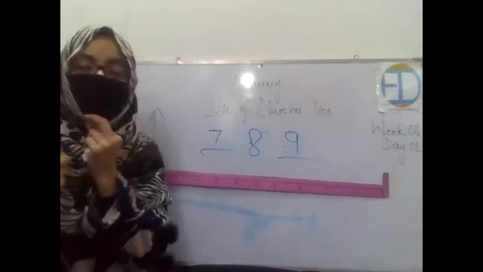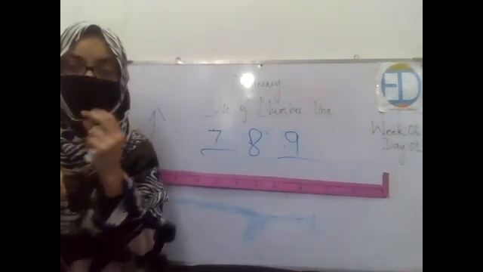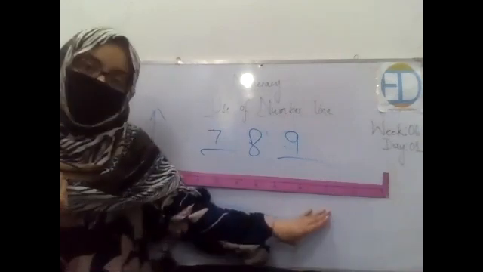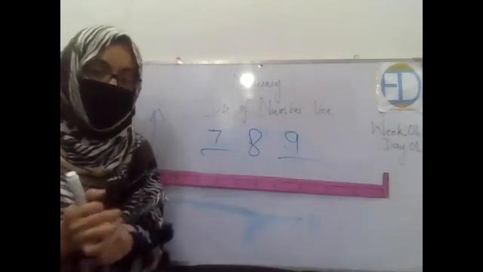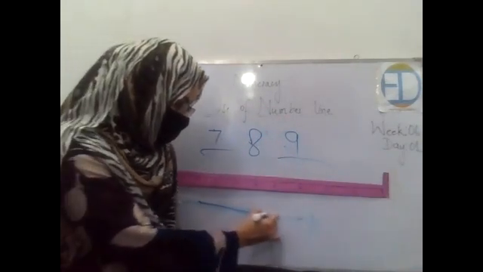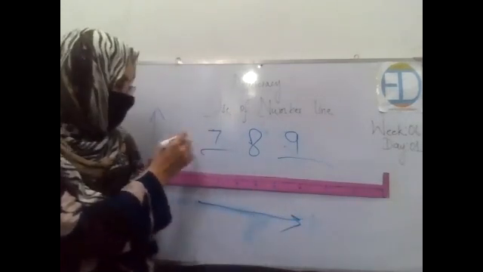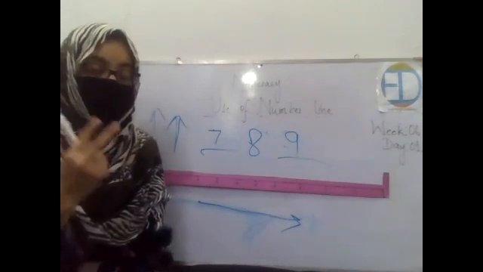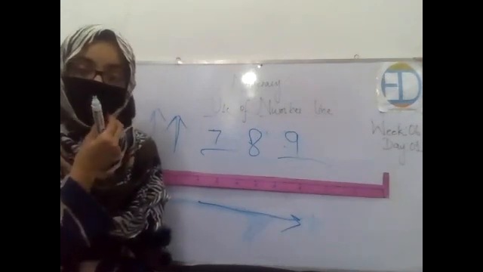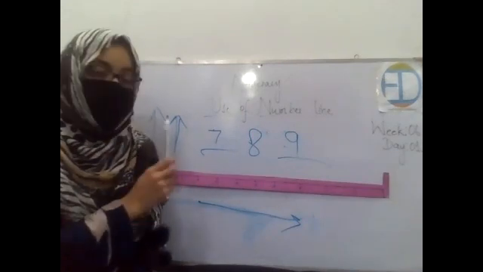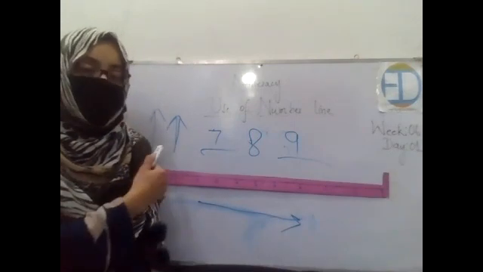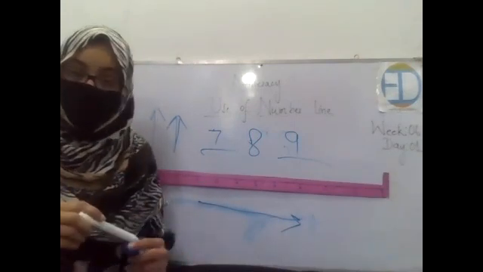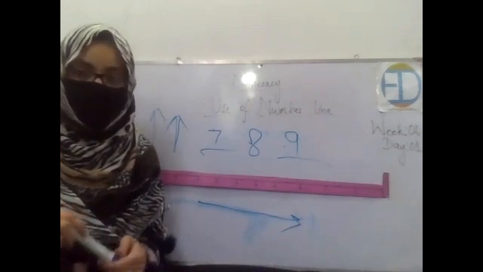And what is your home assignment? You are supposed to draw the number line both in horizontal and in vertical order. I told you that if we draw the number line in this way, it is called horizontal, and if we draw it in this way, it is called vertical. So you are supposed to draw the number line in both forms, and then solve some similar practice questions by yourself, so that you can better understand and memorize this concept.